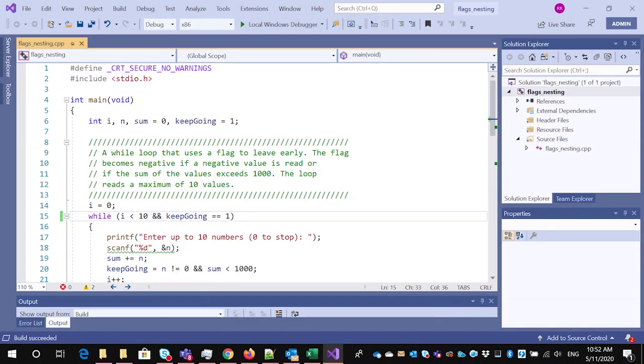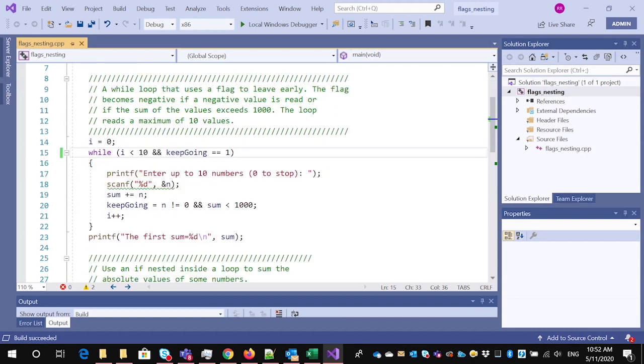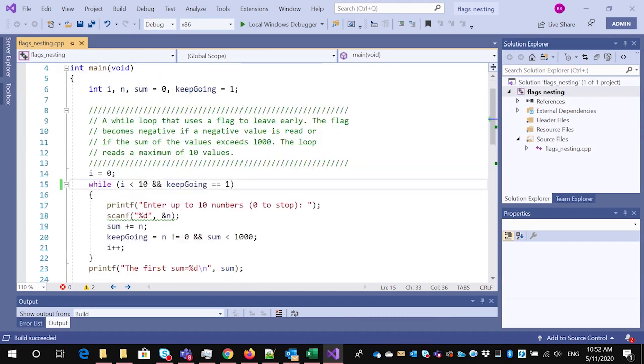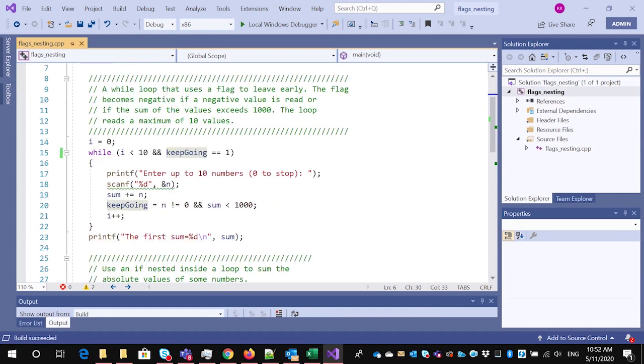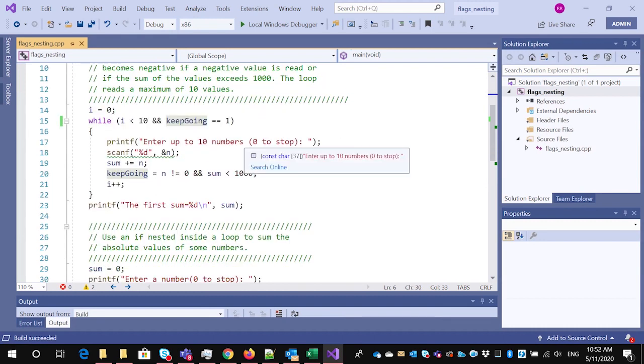This program is going to demonstrate the use of flags, nesting, and the dangling else problem. So we're going to start and look at flags. A flag is an integer variable which we are using as a Boolean or true and false variable. So often we use them to ensure that we've got the one entry point and one exit point for a